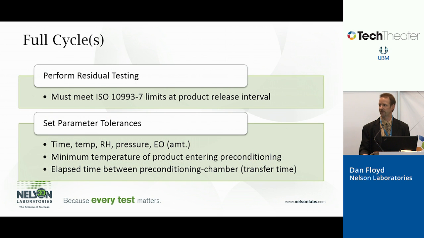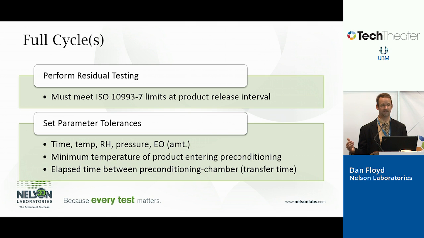So then you do your full cycles. Again, the full cycle is just your routine production cycle. And what you're doing here is you're not only setting the ranges of the temperature and humidity, the physical parameters that you're going to go through from a normal production process. So once you get done with this, you're going to go off of those temperature and humidity ranges. But this is really where you find your